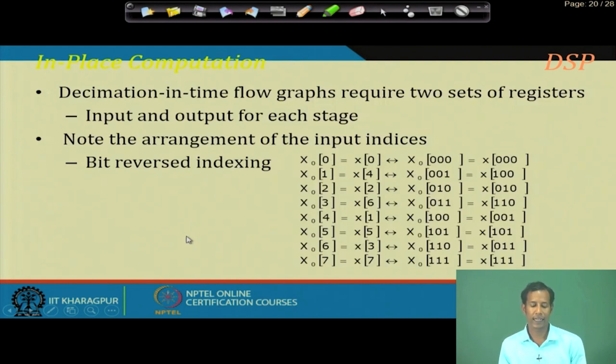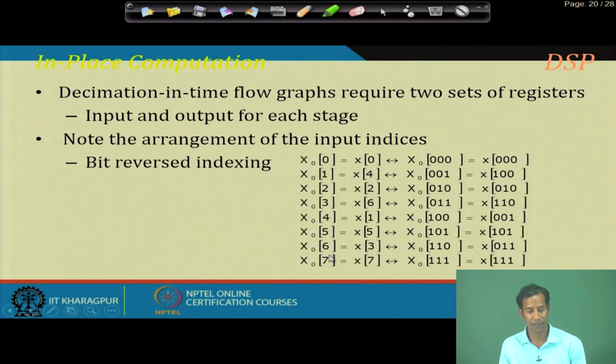So, decimation in time flow graphs actually require two sets of registers, one for the input and the other for the output of each stage. And note the arrangement of the input indices is in bit reverse indexing. Bit reverse indexing means actually the output, if I apply the input at x 0, x 1, x 2,